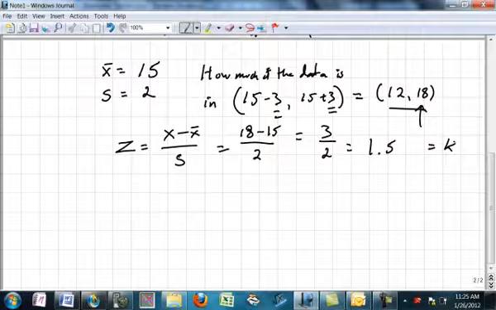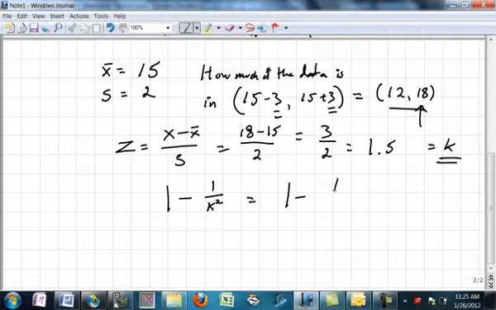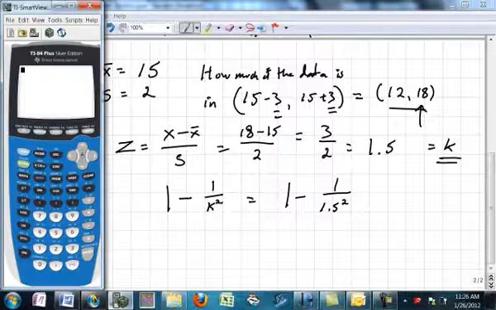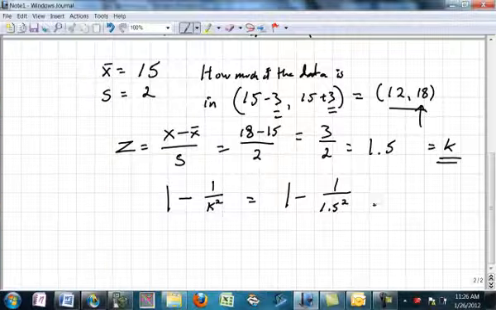Since we don't know anything about this particular distribution, we can use Chebychev's theorem. And we know that they're guaranteed to be at least 1 minus 1 over k squared. So this is 1 minus 1 over 1.5 squared. I'm going to use a calculator here. 1 minus 1 divided by 1.5 squared. And that is 0.5 repeating, or